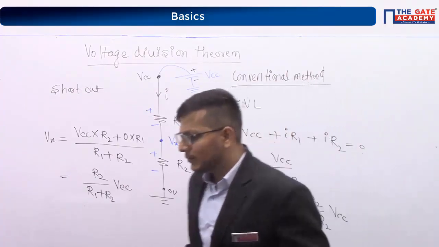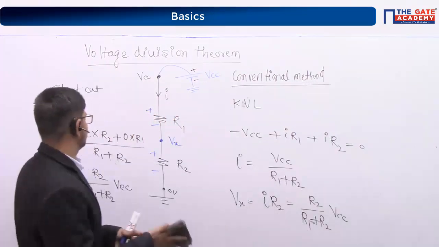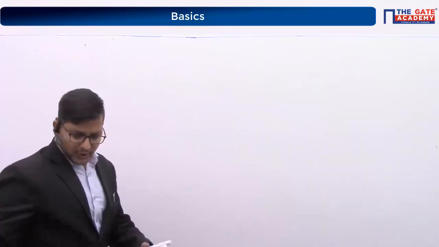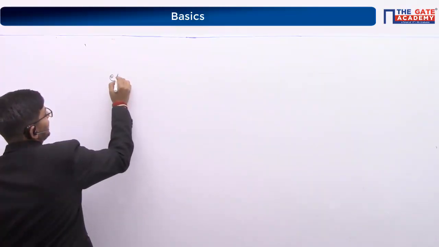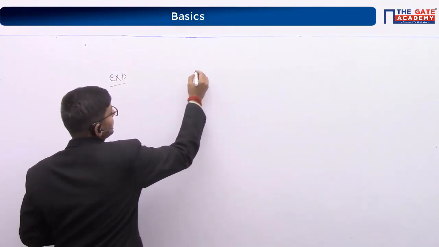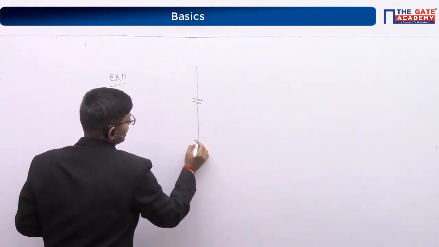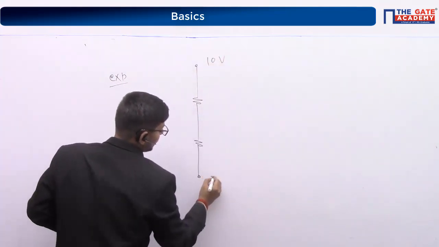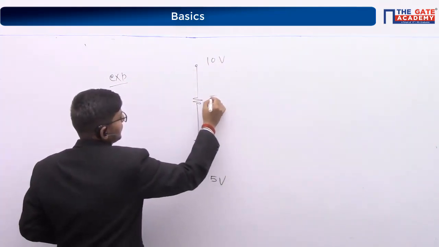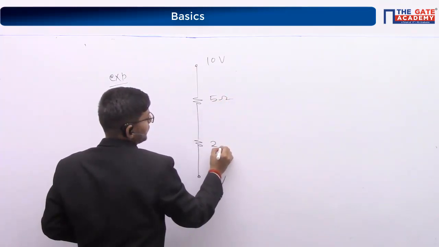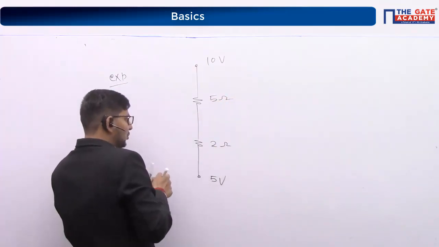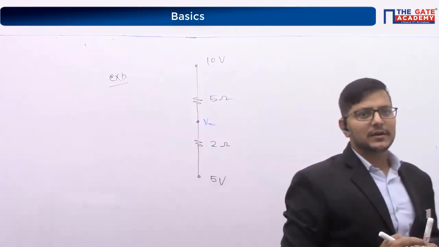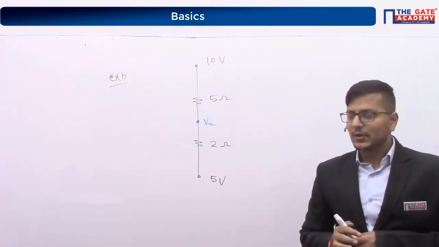Okay. Now I am giving one question. Just solve, everyone. Just note down, I am going to erase. Okay, I am giving one example. Just solve, everyone. Tell me the value. There are 2 resistances. This point voltage is 10 volt. This point voltage is 5 volt. This resistance is 5 ohm. This is 2 ohm. Right? And you have to find the voltage at midpoint. Just tell me what will be the value of Vx. Just apply the short trick.